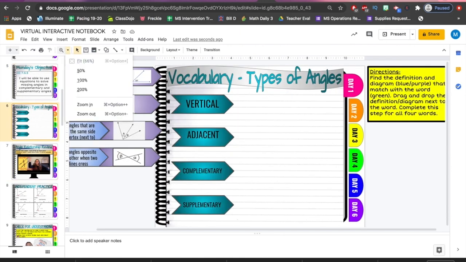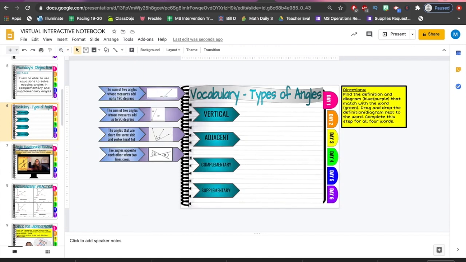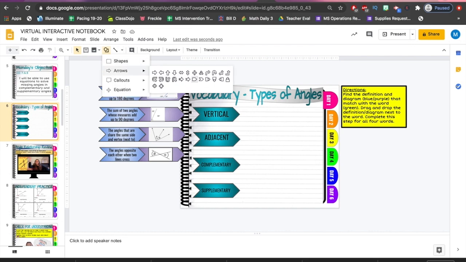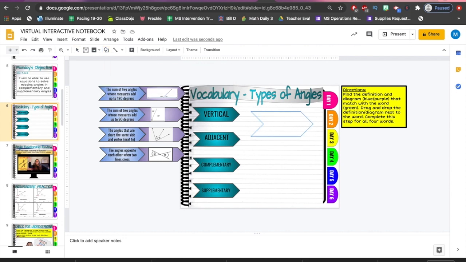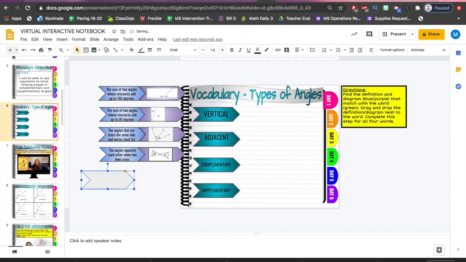So again, with this one, what I did was I put a text box here for the directions, and then for these boxes here, in order to make those, I like when I go to the arrows shape. So I like this one just because they're nicer to put together and they fit together nicely. So let's go ahead and show you how I did that. So I made one here, copied and pasted it so it's the same shape. Okay, so you pick your color, double click inside of it to write the definition